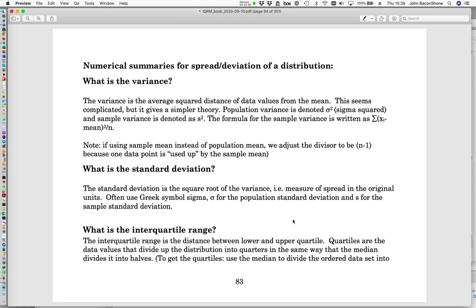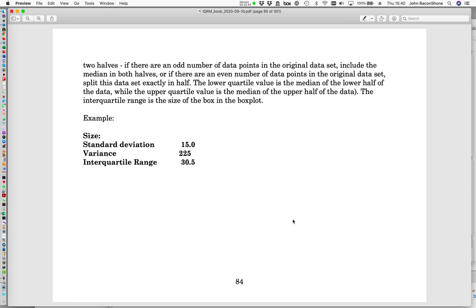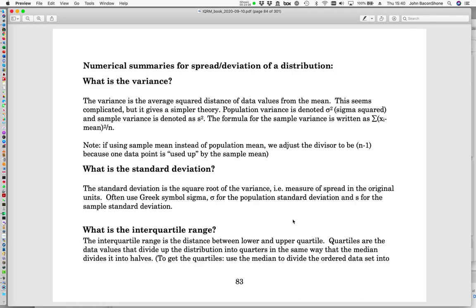So to get the quartiles, we use the median to divide the ordered data set up into two parts, and then we apply the same formula for that half of the data set. So the lower quartile is the median of the lower half of the data, while the upper quartile is the median of the upper half of the data. So the interquartile range is just the size of the box in our box plot. So if we go back to our box plot here,